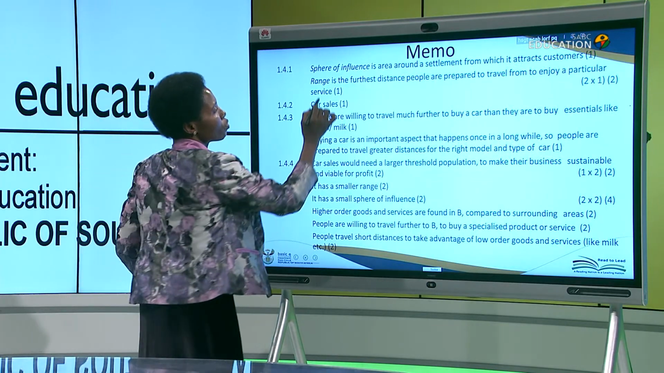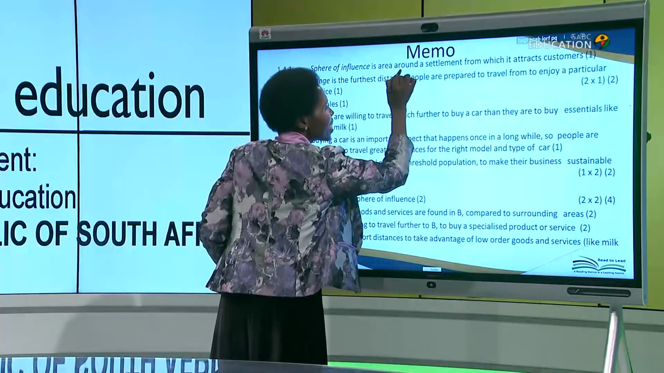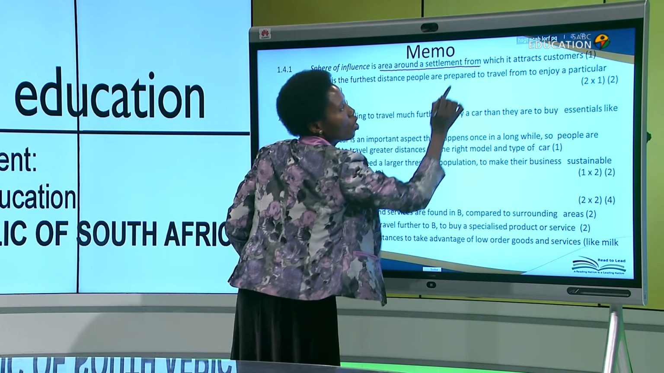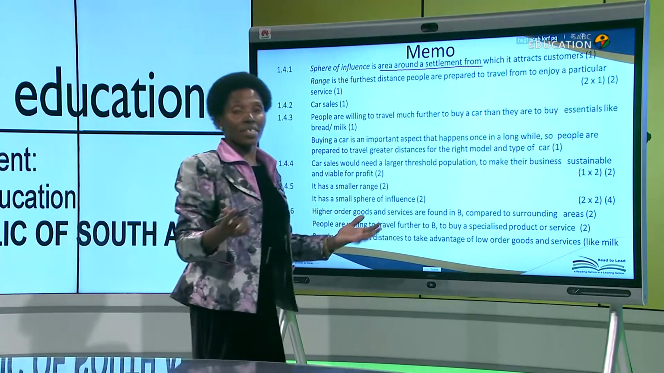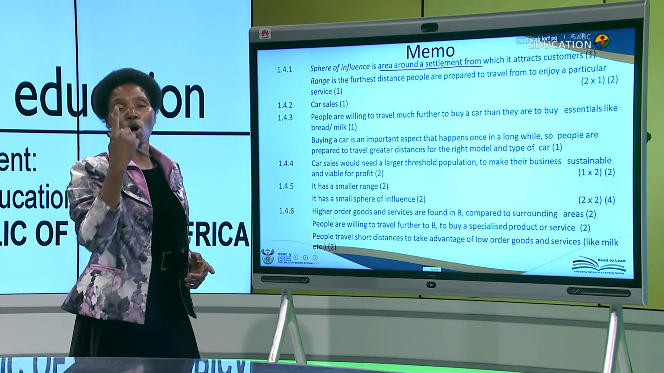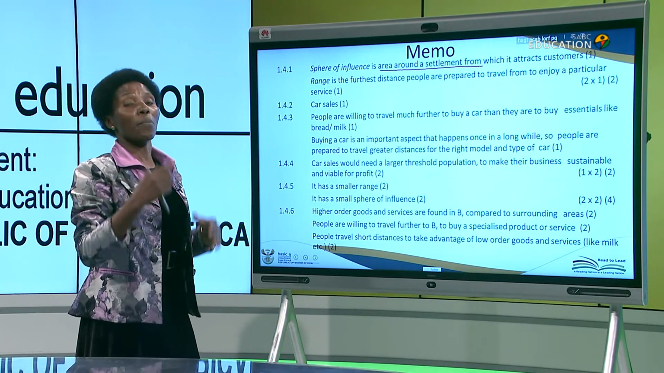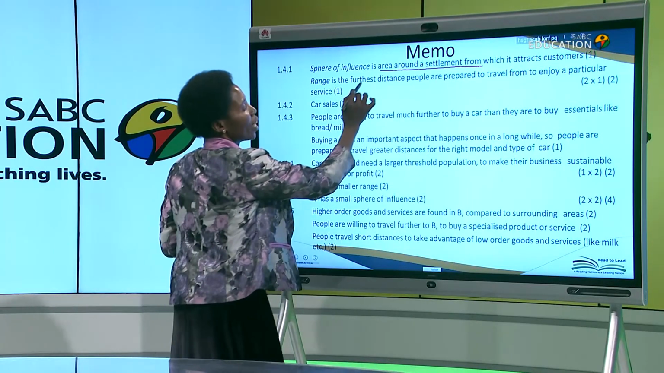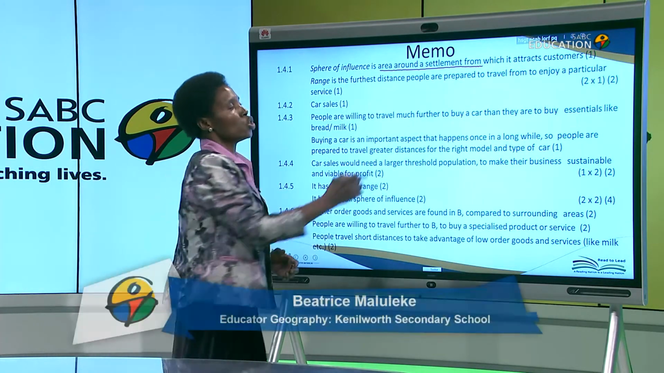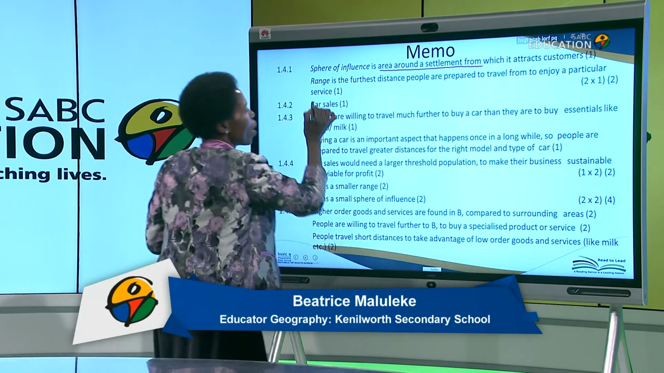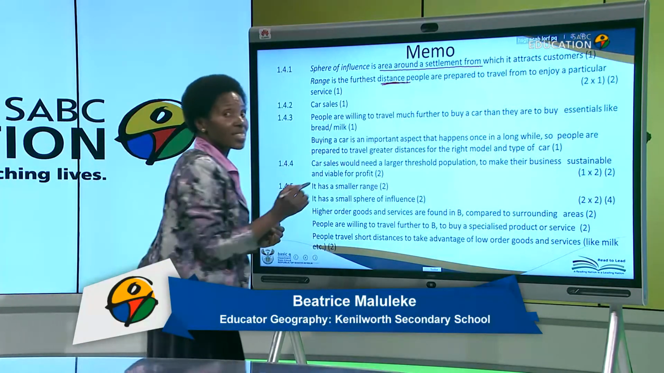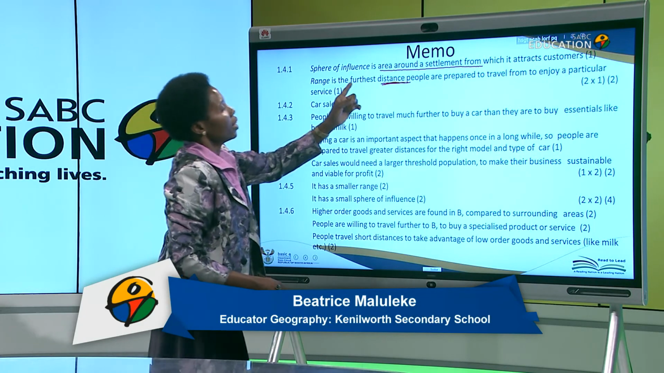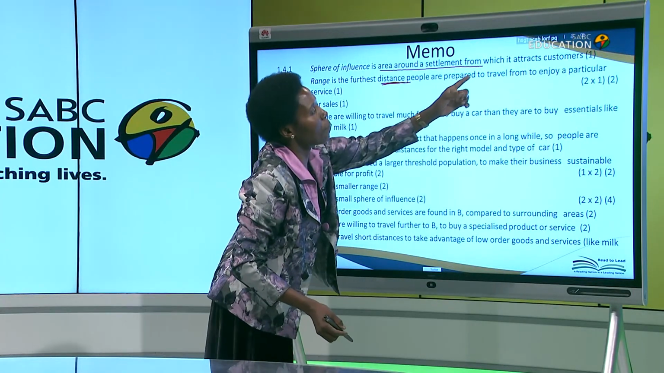A sphere of influence is an area around a settlement from which it attracts customers. Always, the definition in geography is only allocated 1 mark. But make sure that the key of what is expected in that definition, you show it when you are writing. What is a range? Remember, a range deals with distance. So your answer must have that. The furthest distance people are prepared to